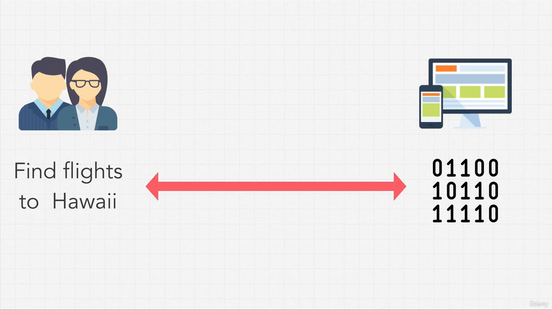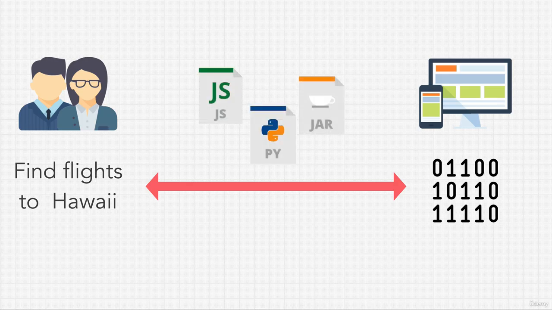Some programming languages are lower level than others. That is, they're closer to machine language. And other programming languages are higher level than others. That is, they're closer to English or a human language. And there are lots of programming languages. You have languages like assembly that is really, really close to machine code. You have languages like Python and JavaScript that are really, really close to English.